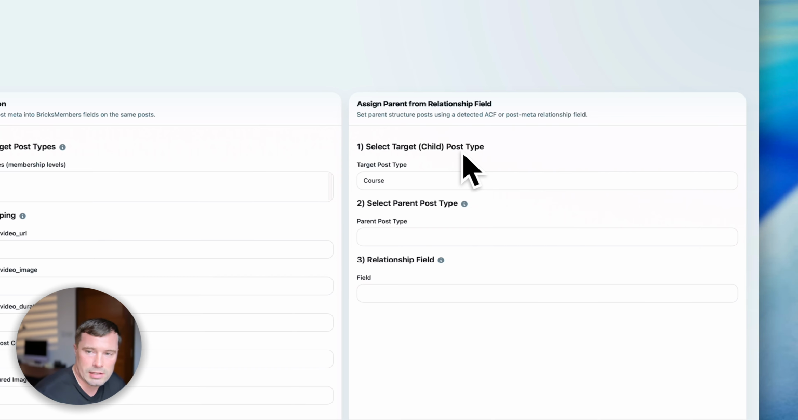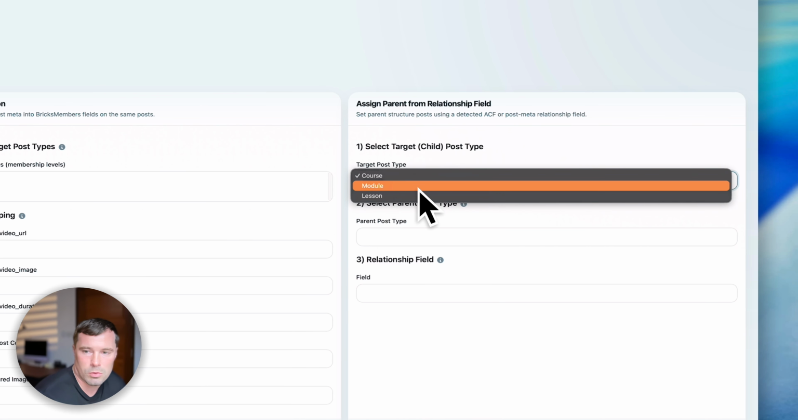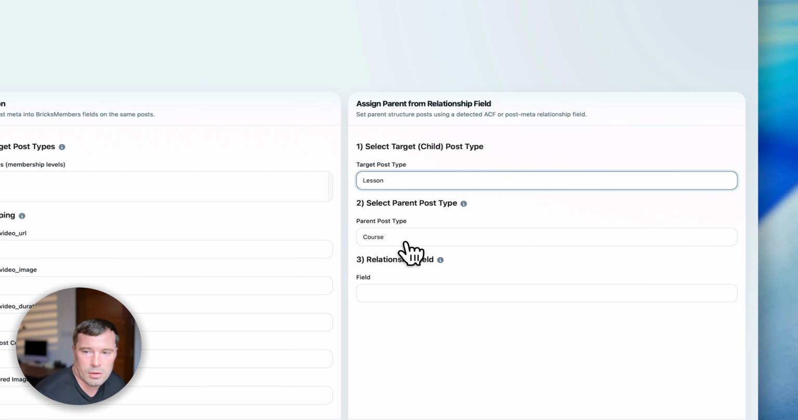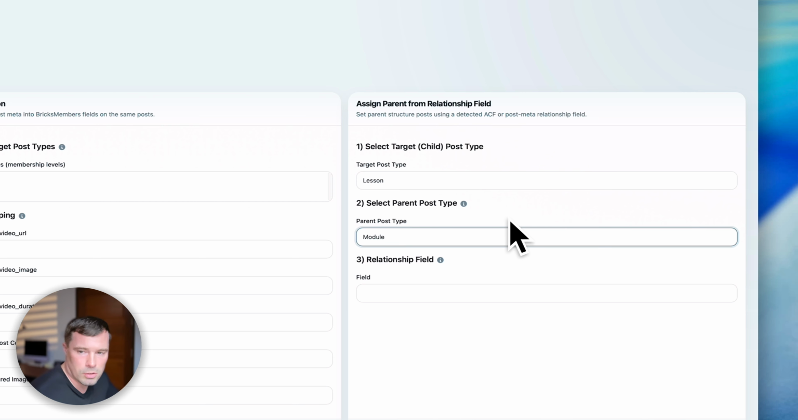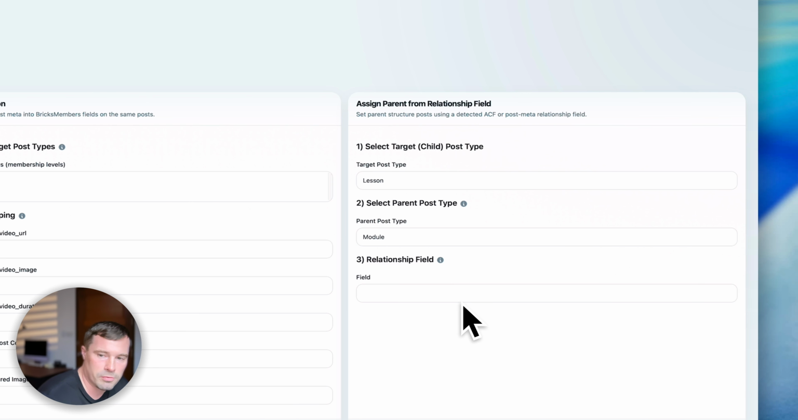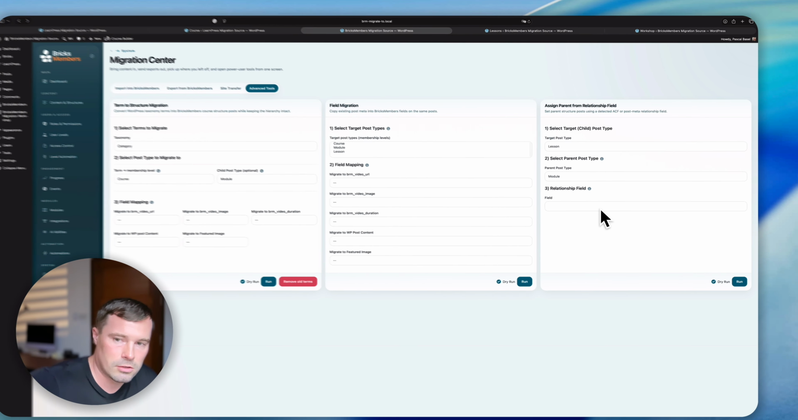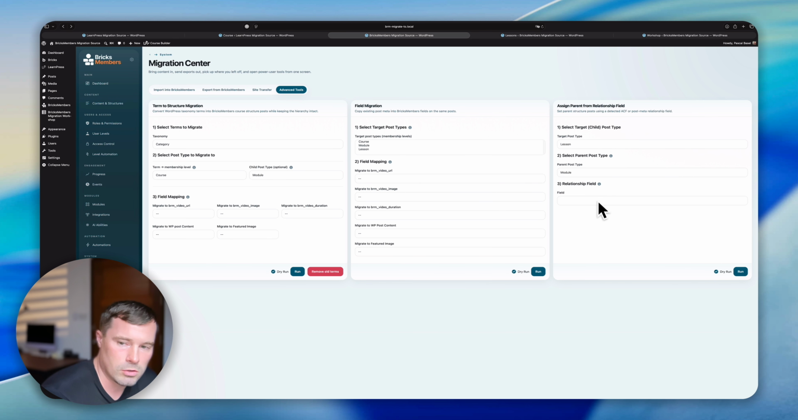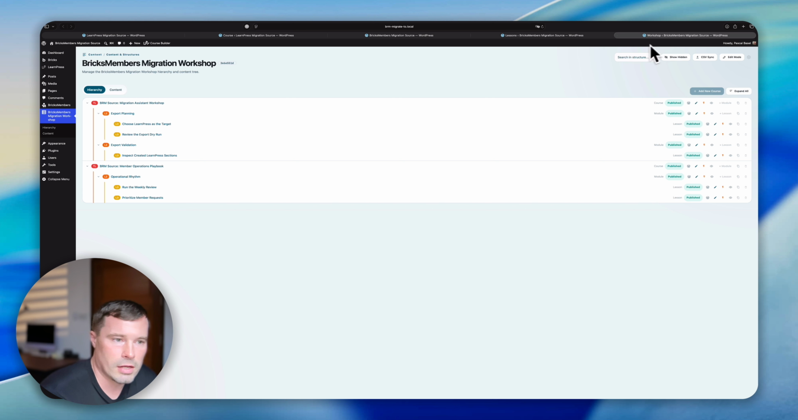So you would select the target child post type. For example, here I would use lessons. And then I would select the parent post type. It would be module here. And then you would select that field that connects those lessons to modules. And then it would automatically add those connections so that the posts would appear here correctly connected in